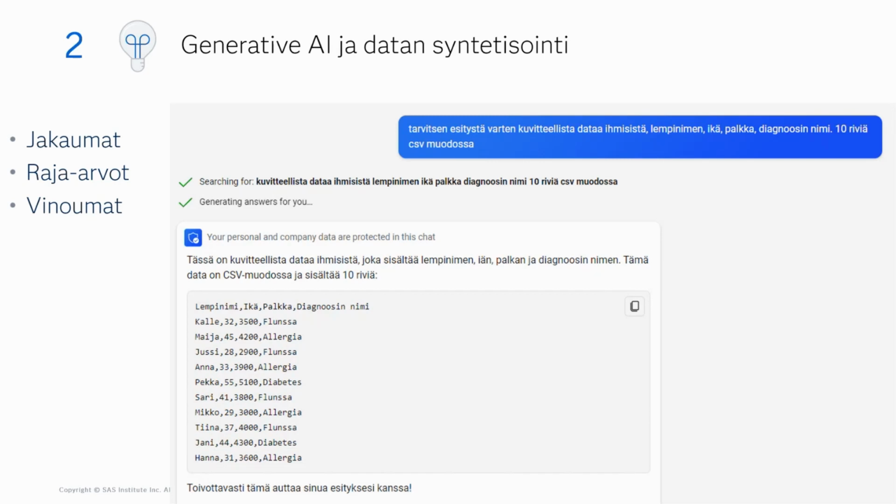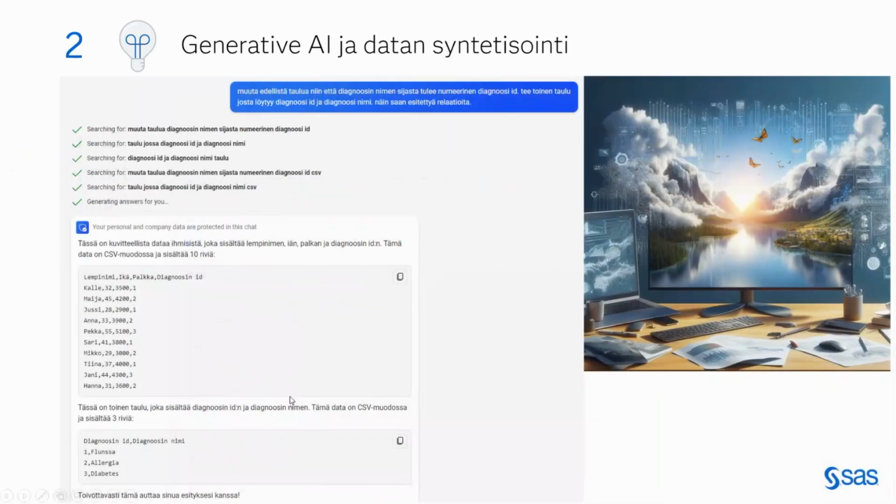Ja sitten käyttäjän oma vastuu on se, ettei yritä esittää sitä todellisena. Tähän mä nyt laitoin palkkatiedon, kaikkea vähän sensitiivistä, että mikä kenenkin palkka on ja diagnoosi. Tällaista ei ihan noin vaan saisi käyttää. Okei,